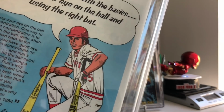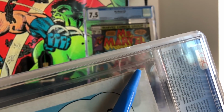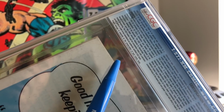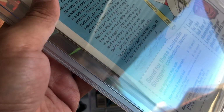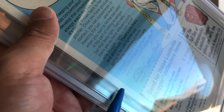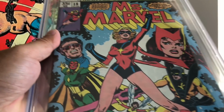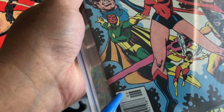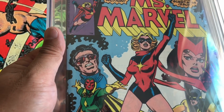And I noticed there's other stuff on here that is probably pressable to make this grade even more so. If you look at that corner right there, there's a bit of a crease that I think might flatten out quite nicely. And just looking at it right now, there's another one about three quarters of an inch long right there. The front is not too bad, but as you can see, there's some surface dirt from lying down on a dirty surface. This is what you get. So with a little bit of TLC,